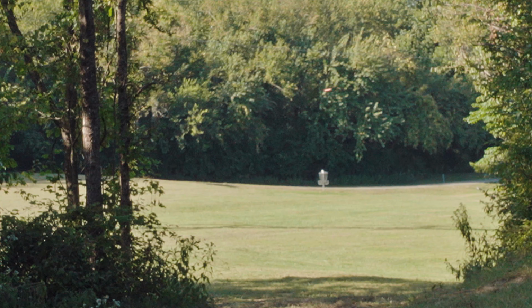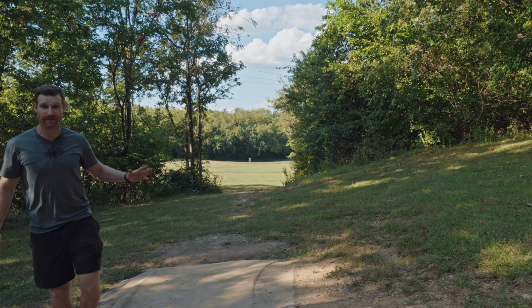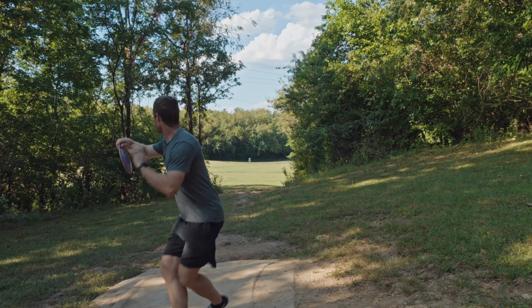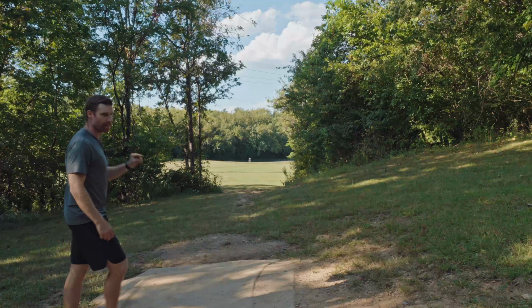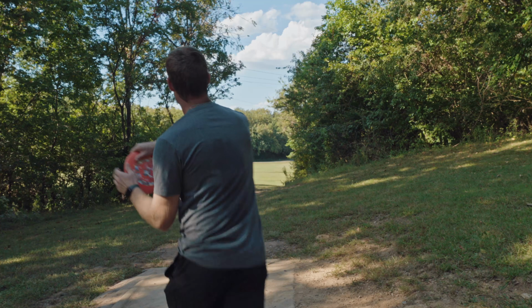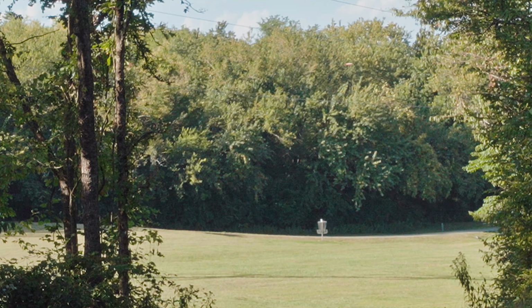A lot of hyzer out of the hand, not really much flip up. I mean, really holds that hyzer left the whole time. Like I'm saying, the most overstable of the 3. Let's go with the Undertaker. Still some hyzer out of the hand. Yeah, still pushing left on me. Maybe a little more flip up, but still not quite it. And the CD1, let's finish out strong. Okay, a little more flip up. That one was a little nose up too, so it's still gonna finish left, but